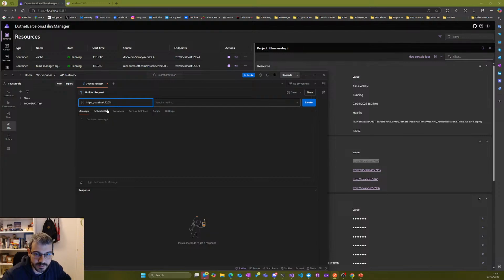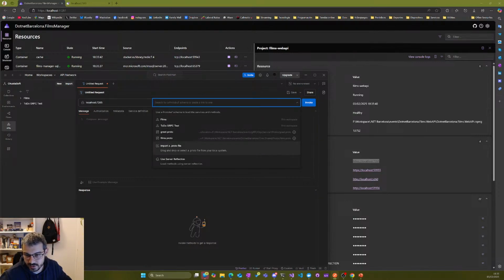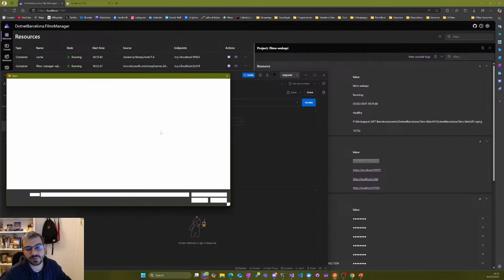Our recommendation is to remove the protocol here because it's going to use it by default, and at the same time we are going to see that later on, by using reflection, if you don't remove that, it will not work. So yeah, we are pointing to the right base URL, and then we have to import